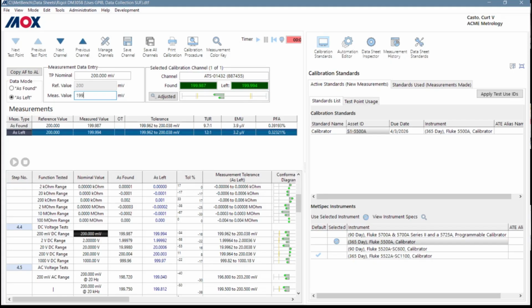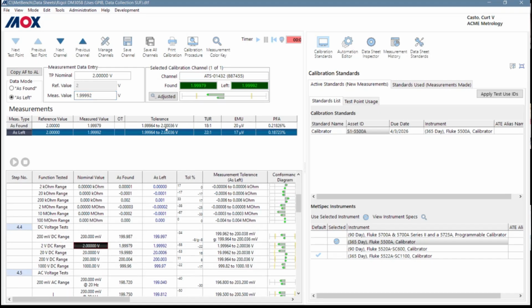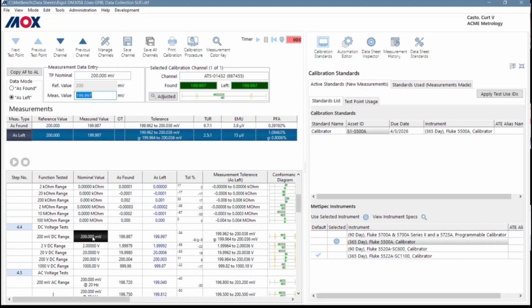199.997. All right, so now you can see what happened. If I click back on this test point, you can see it's guard banded. If you look up here at my as found and my as left measurement for the test point,